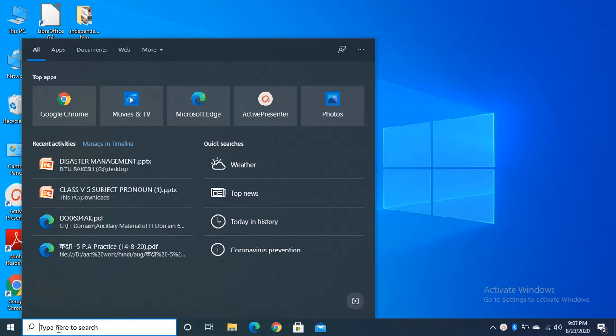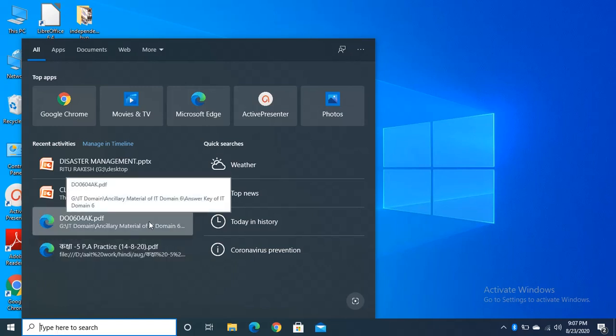Today we will start lesson number 5, that is LibreOffice Calc. Calc is basically a software in which we do calculation work. It is basically a spreadsheet software, right? And in this software we can do calculation work, right? Suppose someone wants to generate salary of the employees. In that case, that person can use Calc, right?